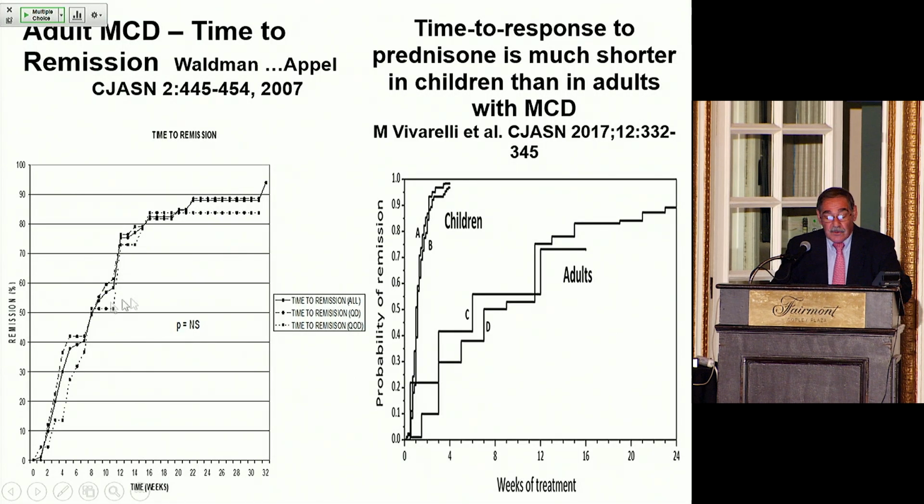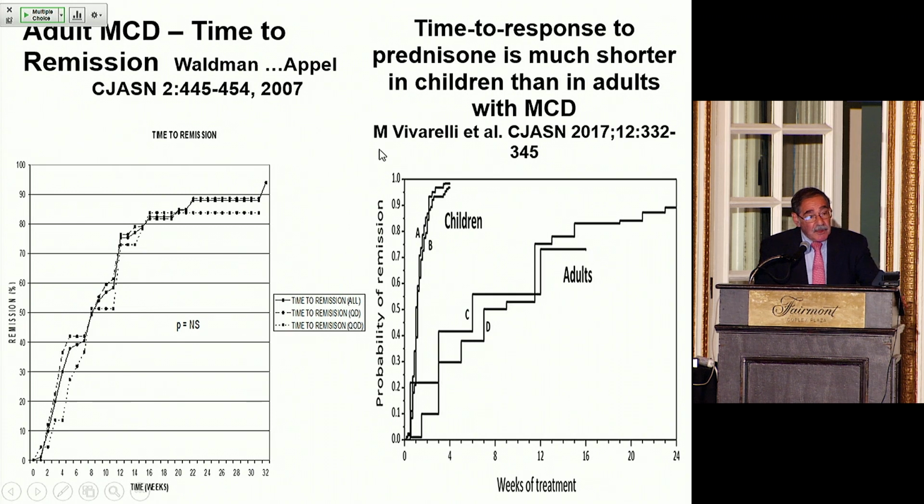Okay, so this shows you the series that I just said, the 95 adults from Columbia. And you can see that if you go out here at something like 24 weeks, the curve starts, if you're here at 2 months, let's say, okay, 8 weeks, more and more patients are still going into remission. You are not steroid resistant until you've got out almost to 4 months. When you get out to 4 months, the curve gets flat.